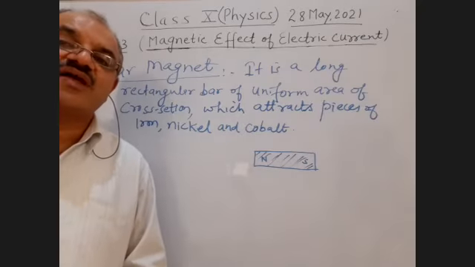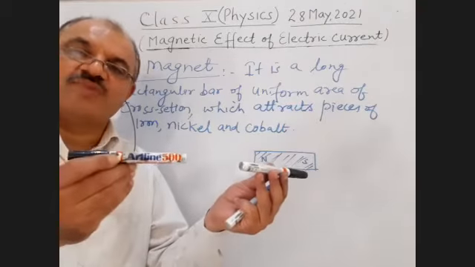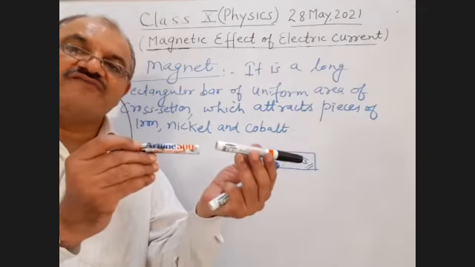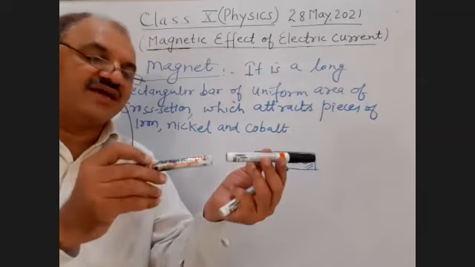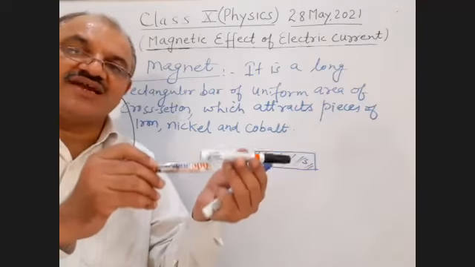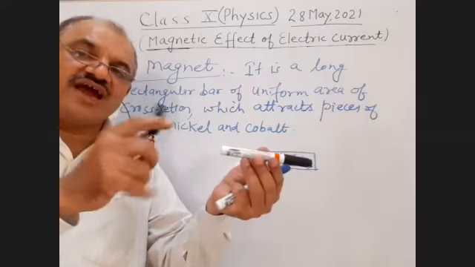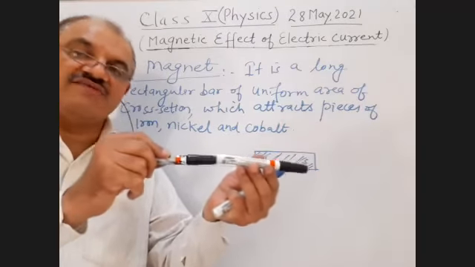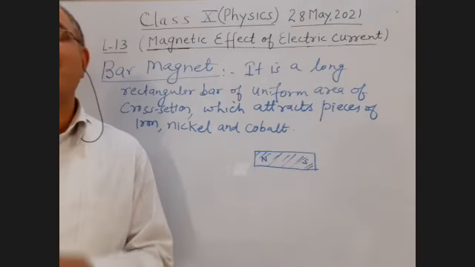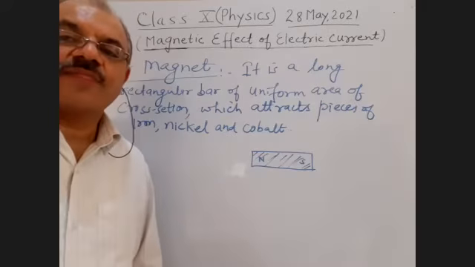Clear, students? For example, this is a bar magnet, and I have this also a bar magnet. If this is a north pole and this is also a north pole, if I bring both bar magnets near each other, they will repel because this is north and it is also north. So they will repel each other. Now, if it is a north pole and it is a south pole, definitely they will attract each other. This is the property of magnetism. Clear, students? Yes, sir. Yes.